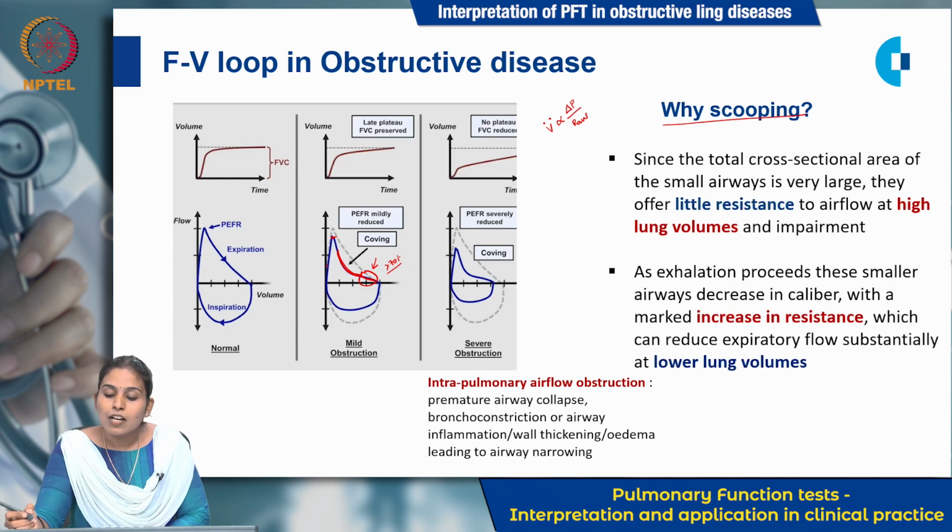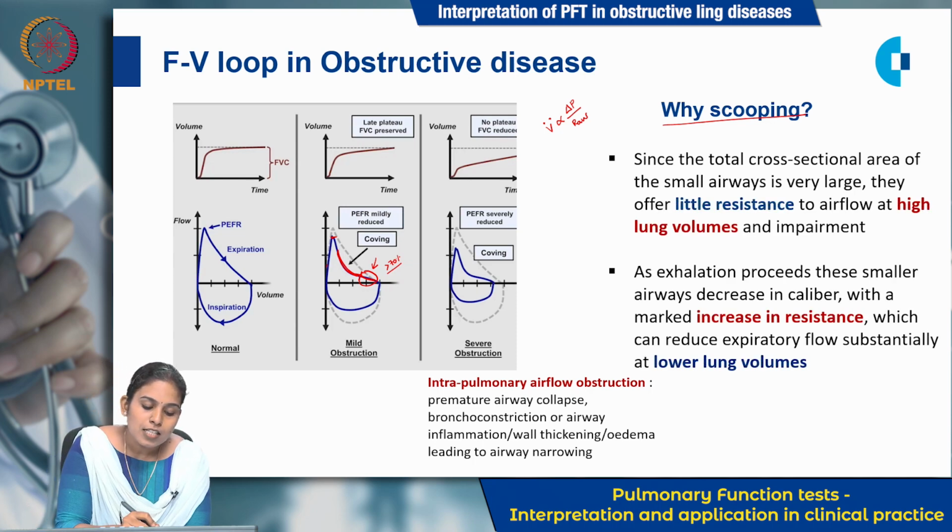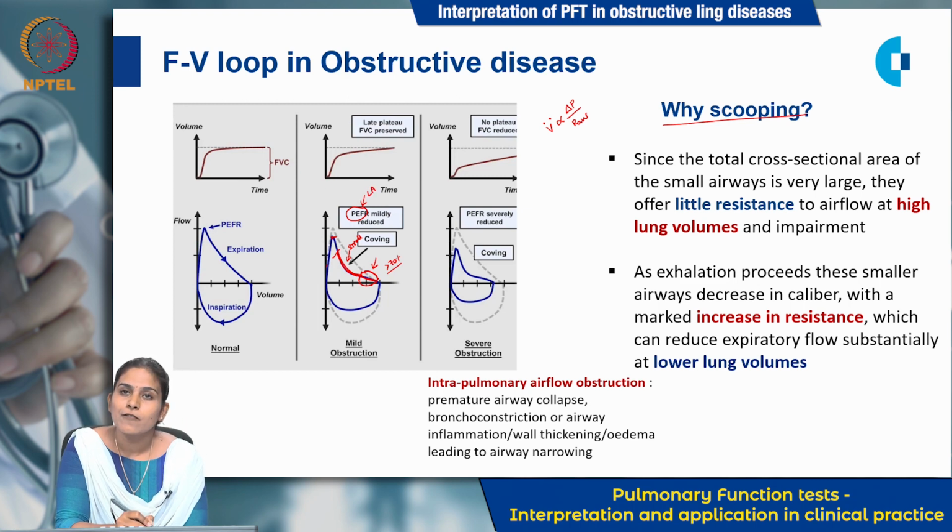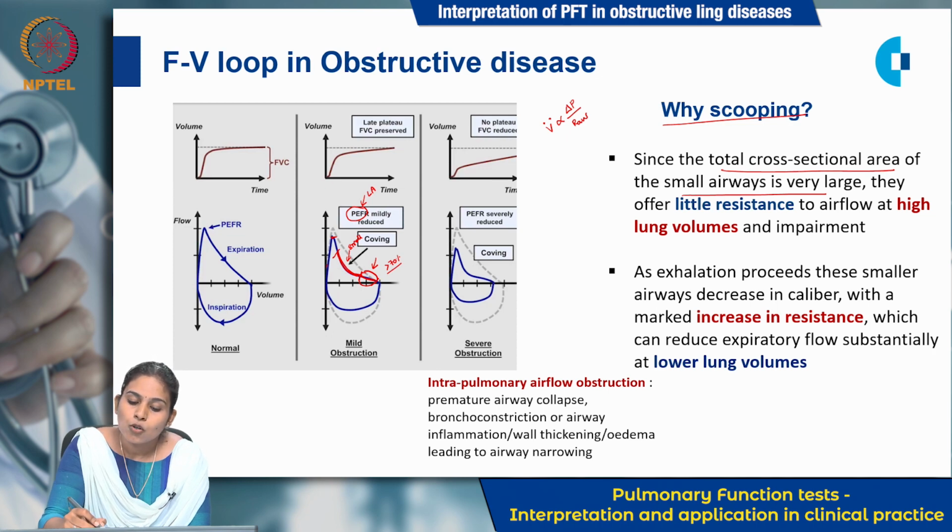Okay, so why the scooping happens is that this portion of the limb mainly represents your small airways, whereas your PEFR mostly represents the large airways, whereas COPD is a heterogeneous disease which can affect the large as well as the smaller airways. At the beginning of expiration, because the total cross-sectional area of the small airways is very large, they offer only little resistance to the airflow. So when there is only little resistance, the airflow is not much affected,